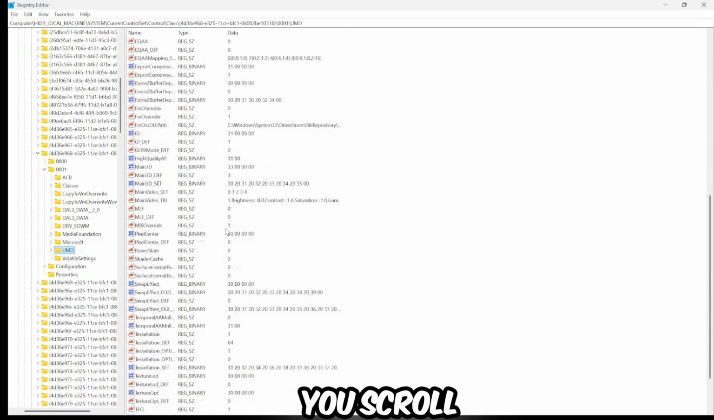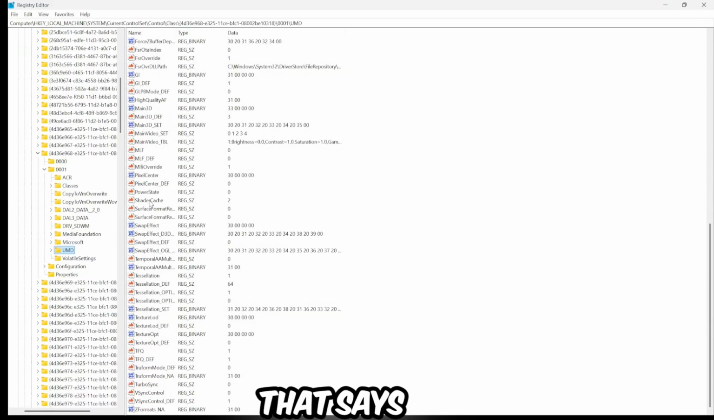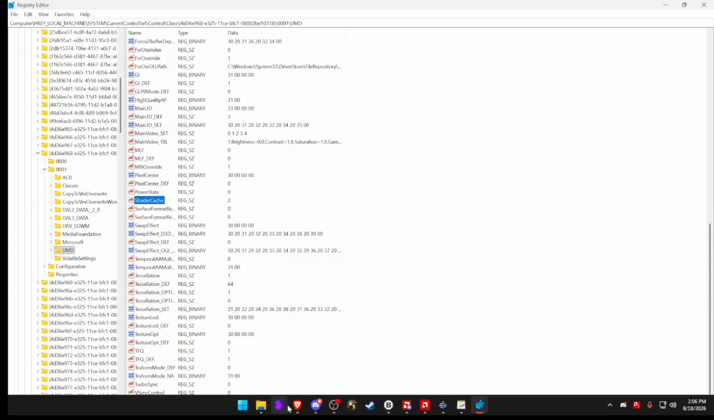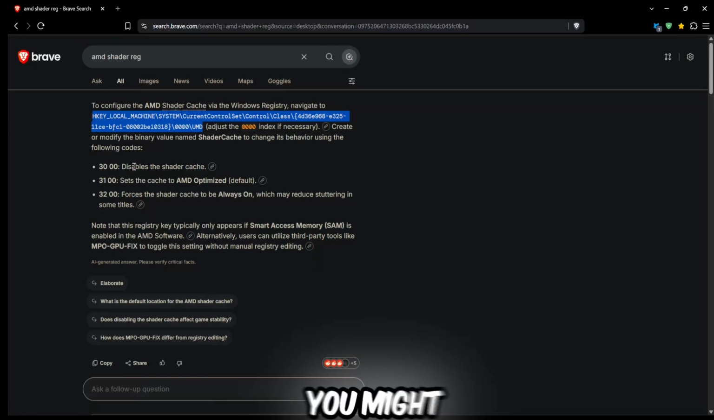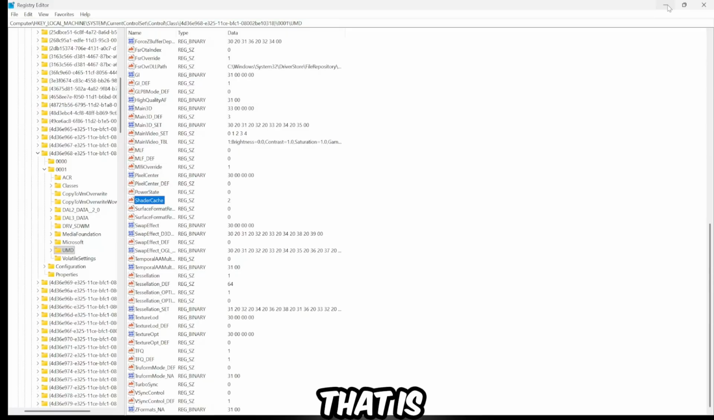After you find your GPU, what you're gonna do is click on UMD. After you scroll down, I want you to find a section that says shader cache. So for this, yours might be set to 1, or if you have older drivers, you might see something like 31 or 32. Which one you want to have on is the one that says 32. If you do see these numbers, if you see 1, just set that to 2. This will prompt the shader cache to always be on, which may reduce stuttering in some titles. That is the final tip